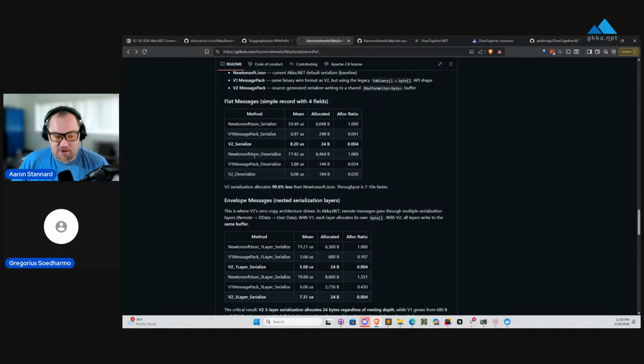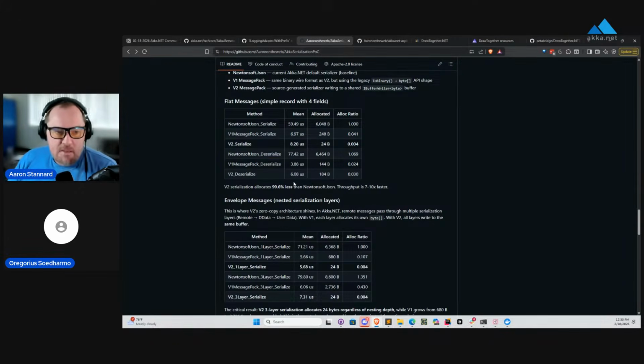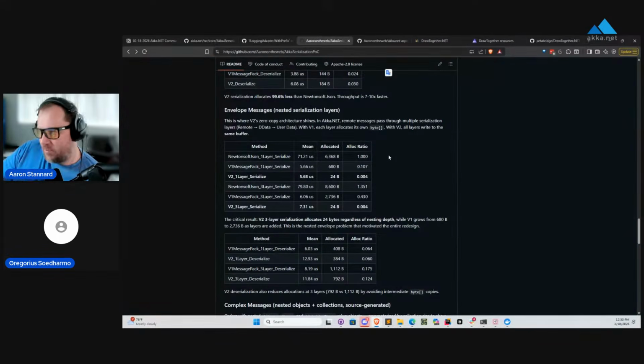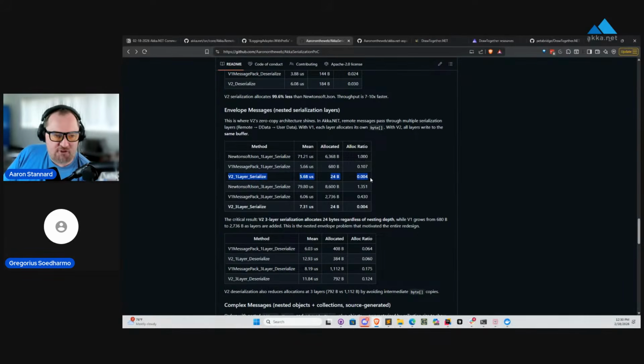But as you'll see, once we start getting to much more complicated objects, the V2 serializer is going to start performing a lot better, relatively speaking. But still, a massive improvement over what Newtonsoft.Json does. As we get down here to things like enveloping, this is what Akka.Remote does today. If I do a serialization of the V1 one layer serialized, this is just an Akka.Remote envelope around a basic data type, we allocate a lot less data, and we are roughly 0.02 microseconds slower than MessagePack